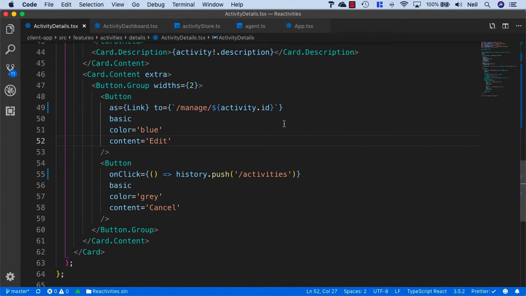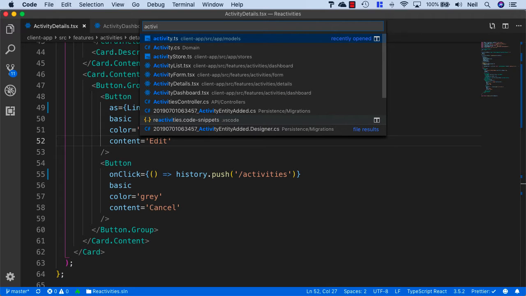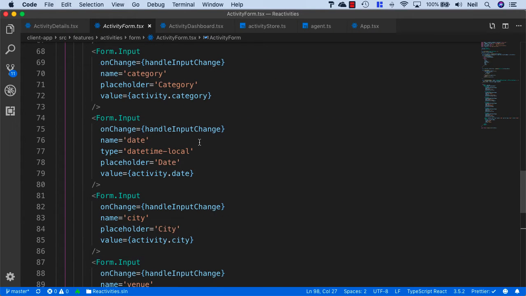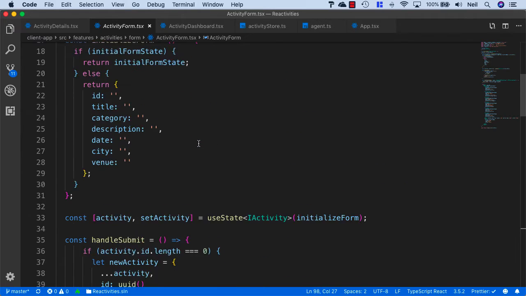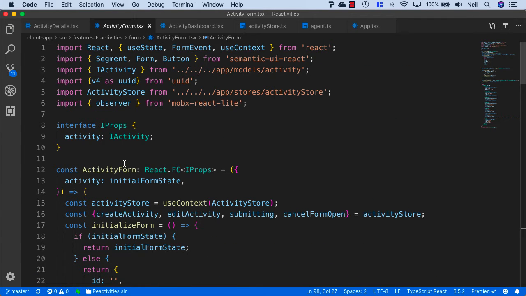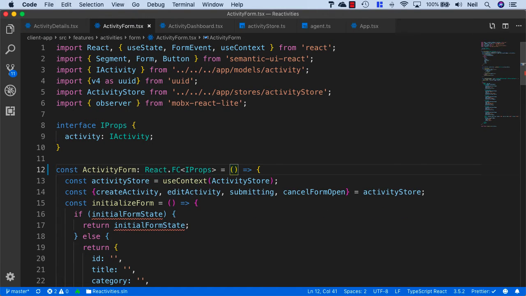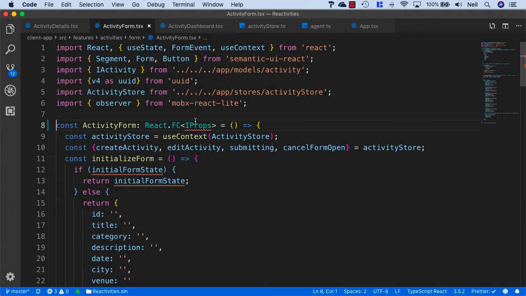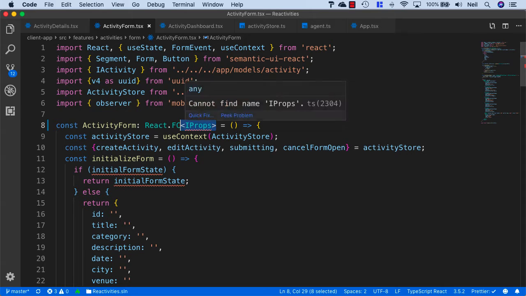So let's go to our activity form. And what we want to do is, first of all, remove the interface here because we can't use the activity from our parent component because we are not using a parent component anymore. We're navigating to this component via the route. So let's remove this activity from here, and we'll also remove the interface, and I'll just remove the IProps from